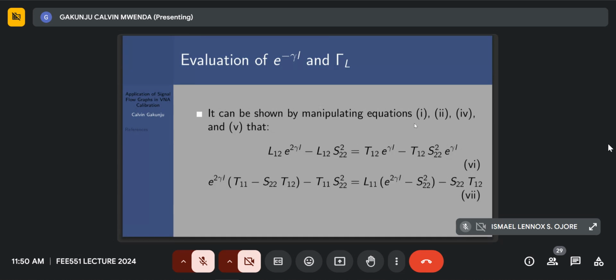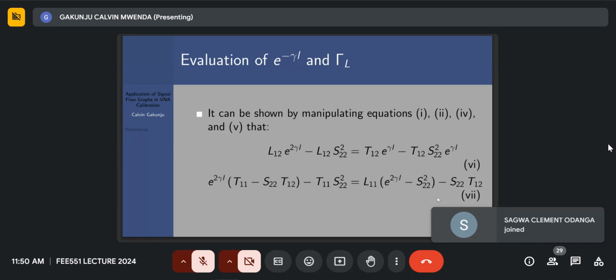But simply, if you consider equations 1, 2, this one for the T11 and T12, and 4 and 5 for the L11 and L12, and manipulate them,